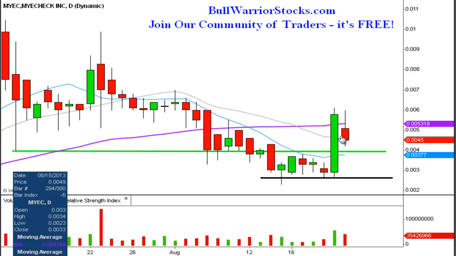Going into today, actually the 50-day simple moving average, which is this purple line right there, was a level of support, but you can see that now that the price is back below it, it has turned back into a level of resistance. So on that note, the near-term level of resistance you want to see some closes above is going to be 0.0053, which is that 50-day simple moving average. After that level of resistance,